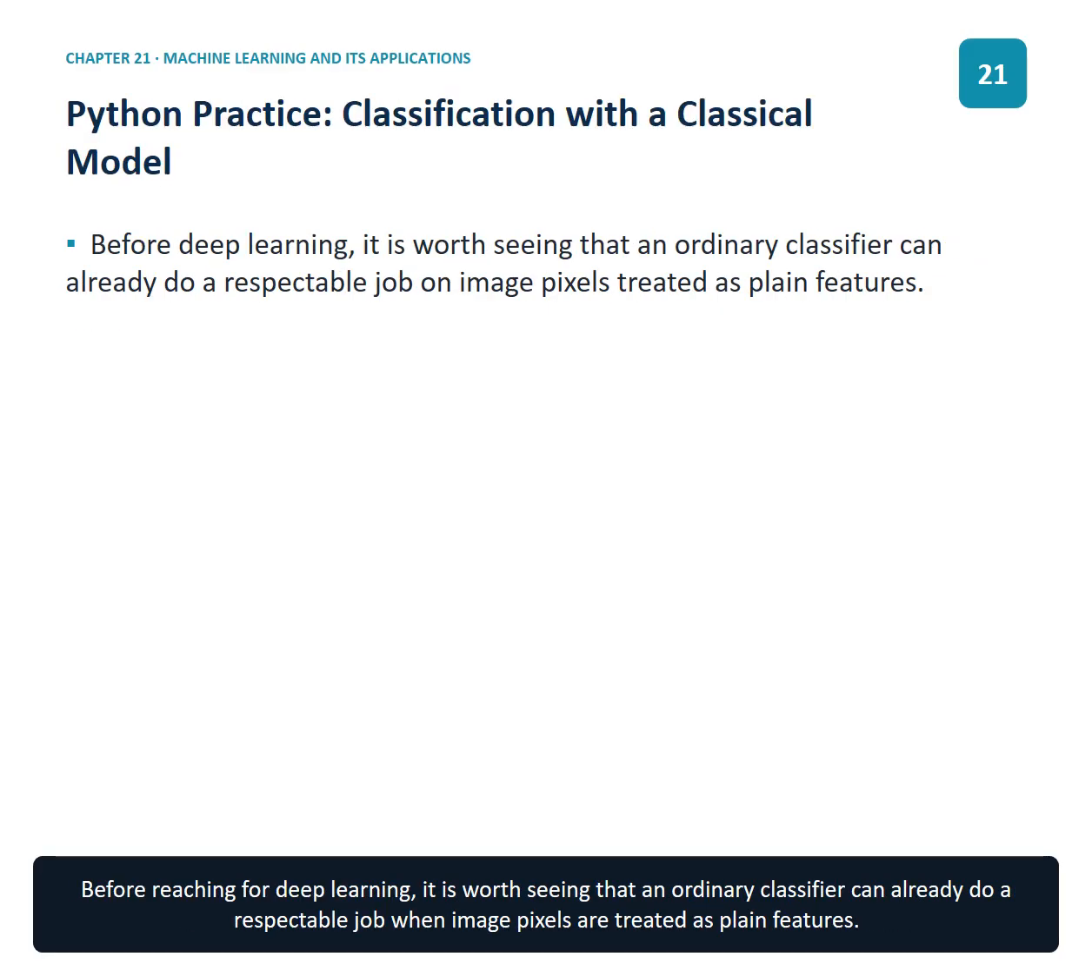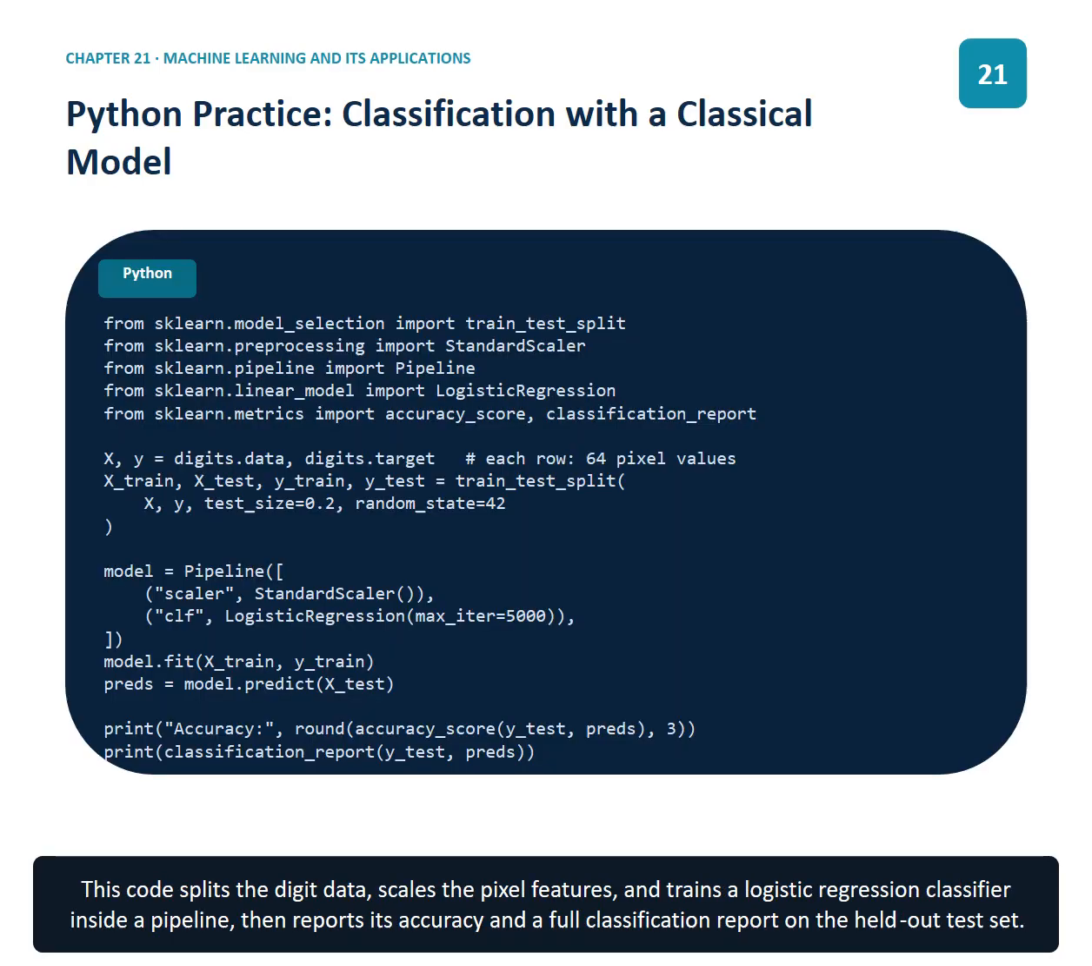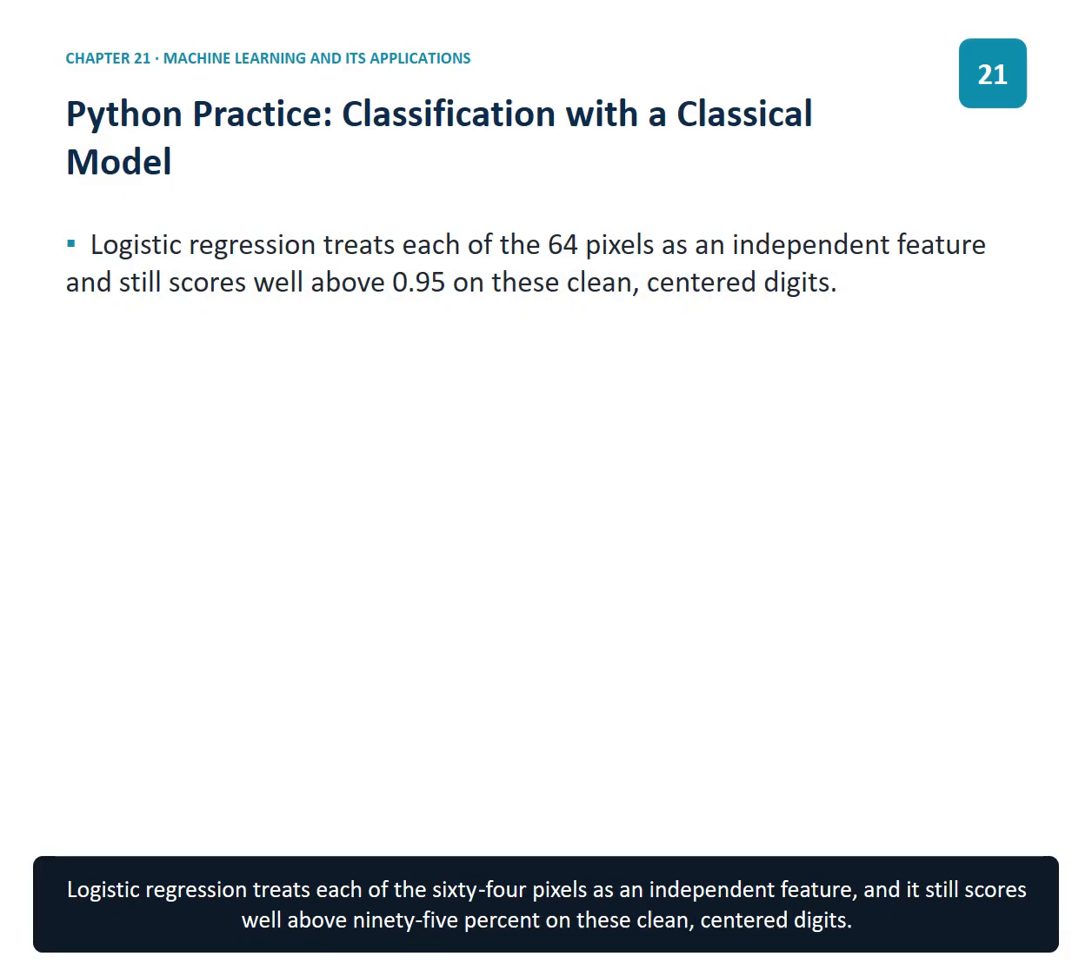Before reaching for deep learning, it is worth seeing that an ordinary classifier can already do a respectable job when image pixels are treated as plain features. This code splits the digit data, scales the pixel features, and trains a logistic regression classifier inside a pipeline, then reports its accuracy and a full classification report on the held-out test set. Logistic regression treats each of the 64 pixels as an independent feature, and it still scores well above 95% on